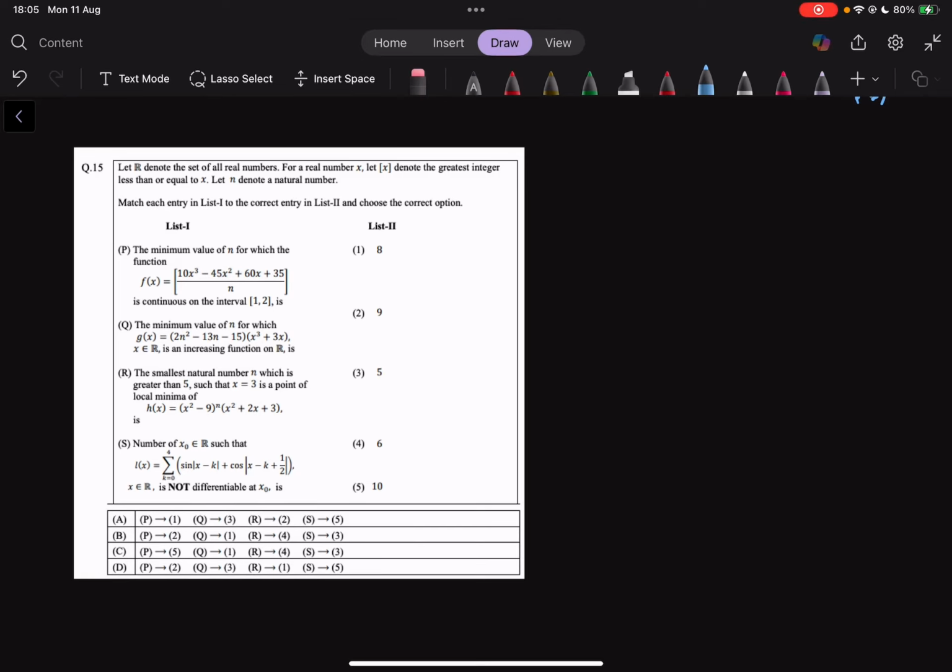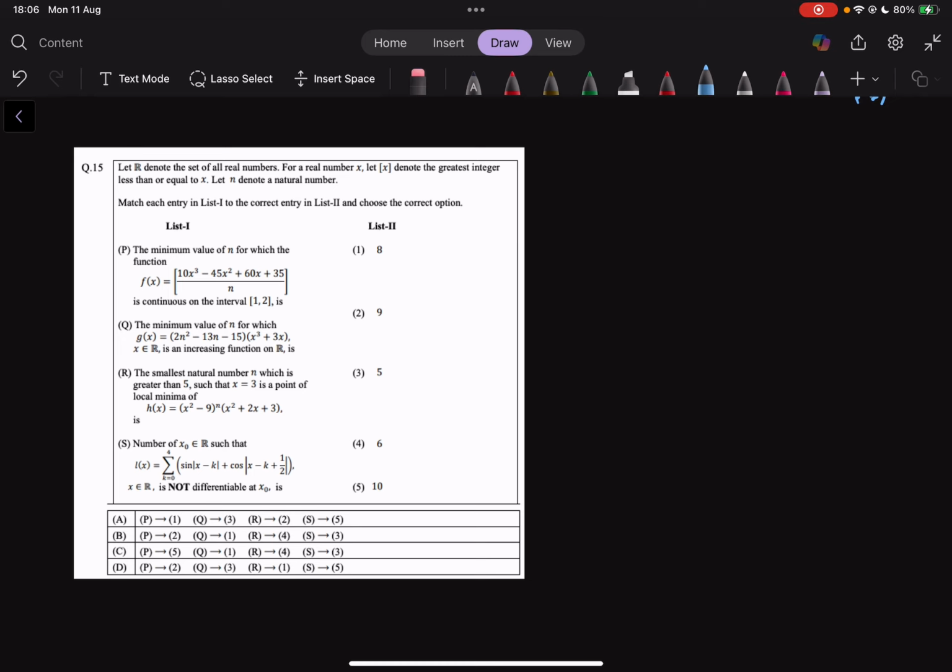In this video, I'll be solving the 15th question of JEE Advanced 2025 paper 1. So we were given 4 different questions in this matrix matching. So the first question is f of x is box of (10x cube minus 45x square plus 60x plus 35) by n. And we're asked to find the minimum value of n for which this particular function, the box function,